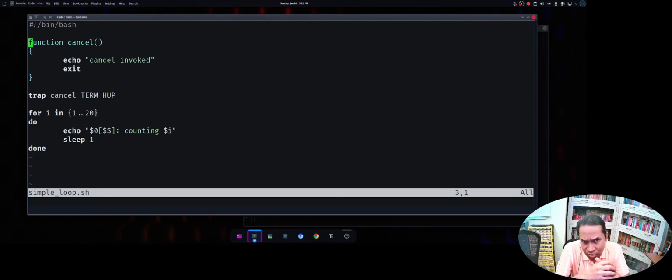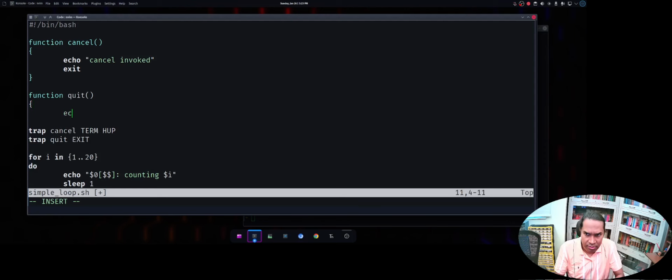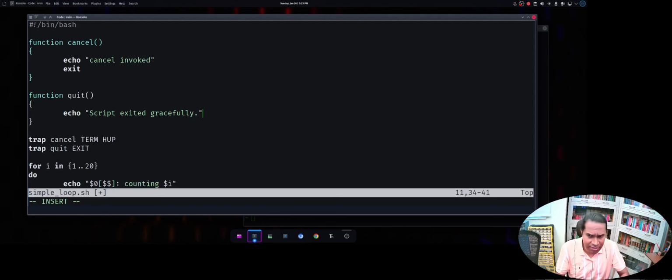The trap command can also understand a special form called EXIT. So if you want to know whether your script exited gracefully or whether it exited because of a signal, you can have two different functions. You can also say trap one more time and then say, maybe, rather than calling it exit, I'll just say quit, and I'll create a function called quit here. And here I'll just say script exited gracefully. Actually, when you're using this, I don't think you need to call exit. You can leave it as this